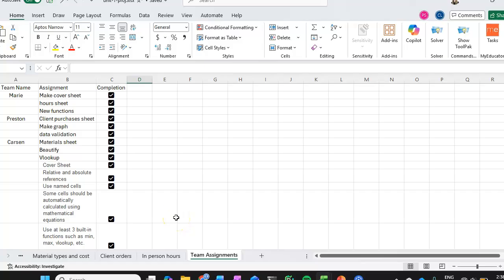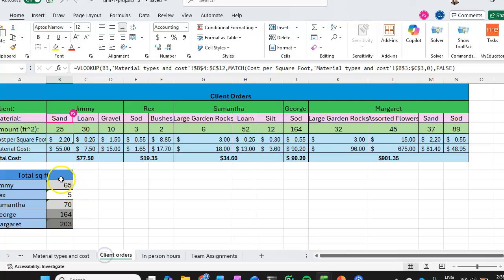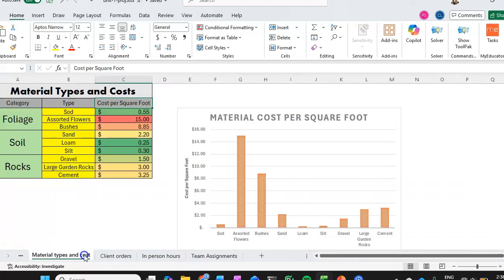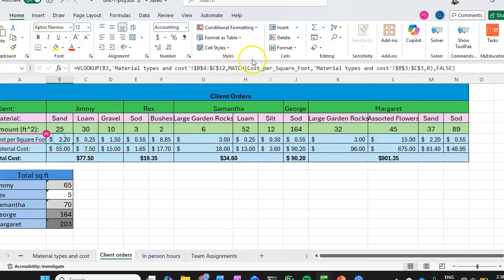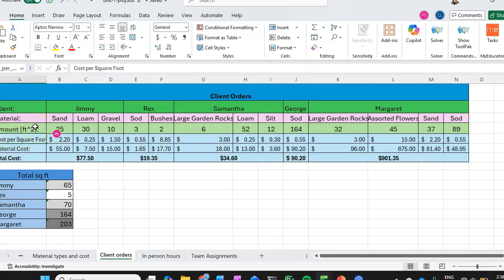And something that we failed to mention was in the client orders, this uses a named cell right here. Oh wait, one of these cells is named, but now I can't remember which one. Oh, the cost per square foot. So yes, this one right here is named cost per square foot to more easily use the VLOOKUP and match